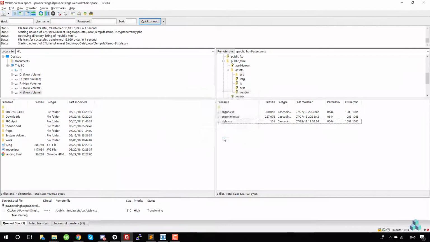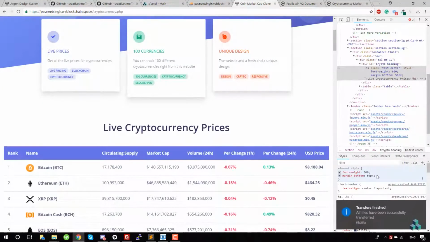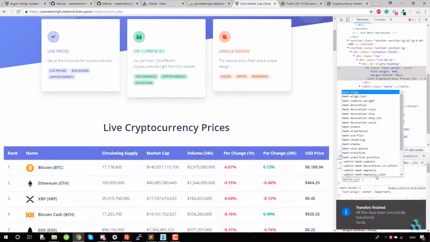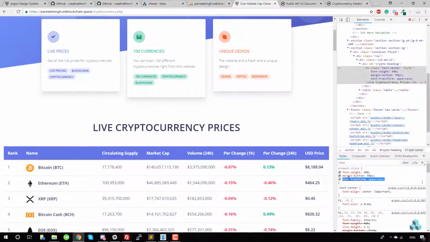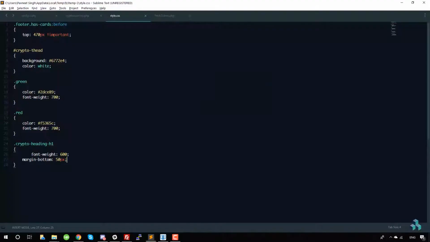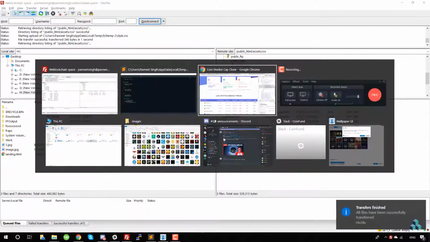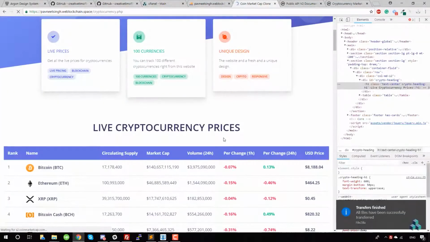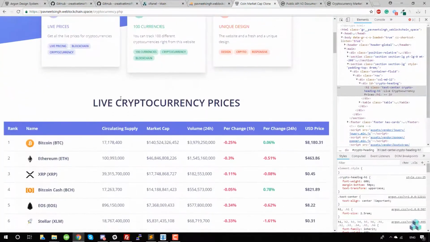Alright, should we make it capitalize? That looks much better. So we'll make it capitalize as well. Alright, let's see how it looks now. Much better. Alright, so we've got live cryptocurrency pricing,